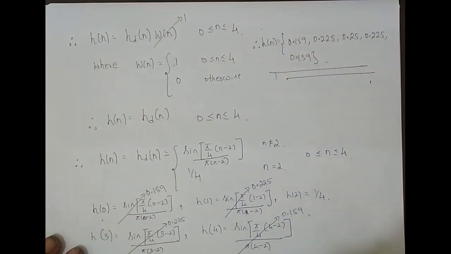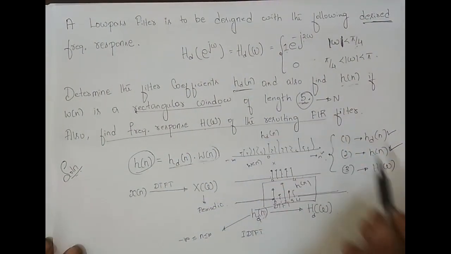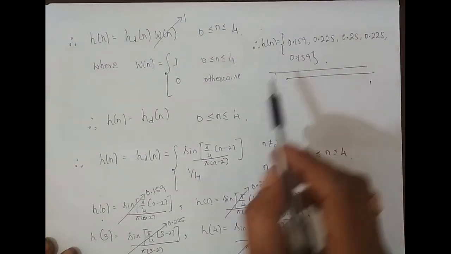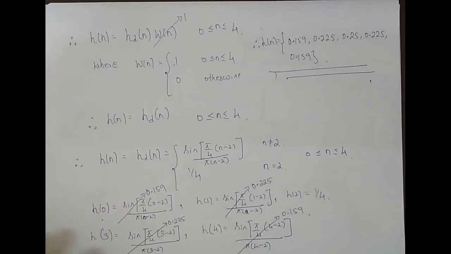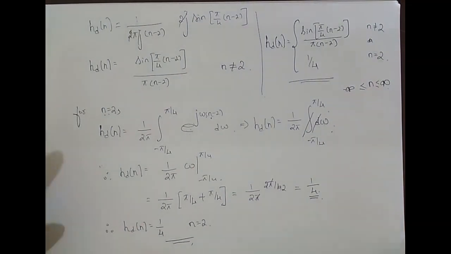But apart from this, what is it that they have asked? They have asked us to find the frequency response h of omega, right? So for frequency response h of omega, since it is symmetric and n is odd, because I have to find the fifth order FIR filter, the frequency response is given by